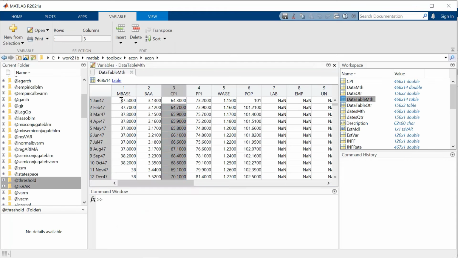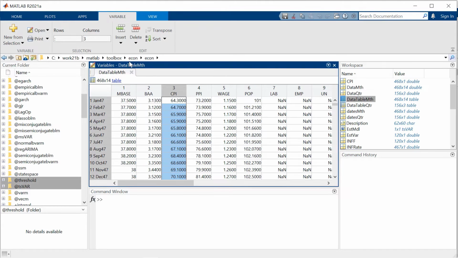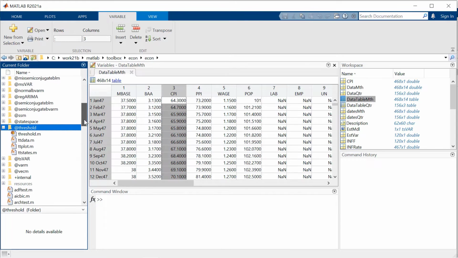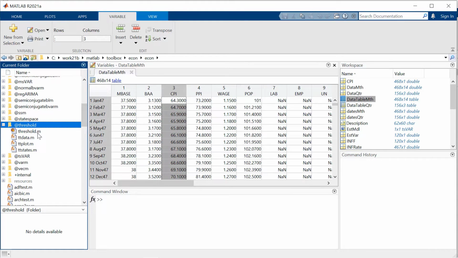If you go back here to the command window, and again in our econ folder in your MATLAB installation, we see a list of all of our class directories here. Here's the threshold class. If we open that up, we see that we have not only the threshold constructor, but these other commands for querying and plotting what's in the threshold transition object.